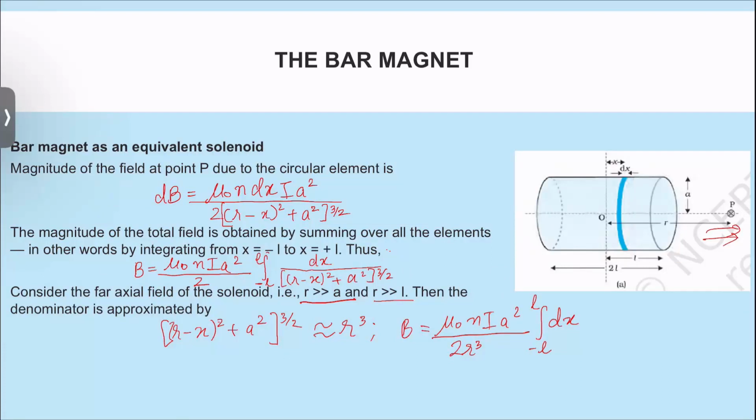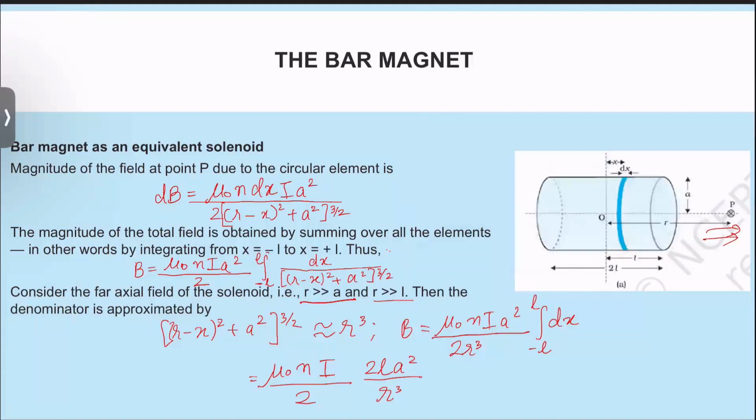Now after integration with respect to dx, what we are left with is B is equal to mu 0 n I upon 2. Over here we will get 2l a square by r cube. Okay, you can see that over here, so your B finally,